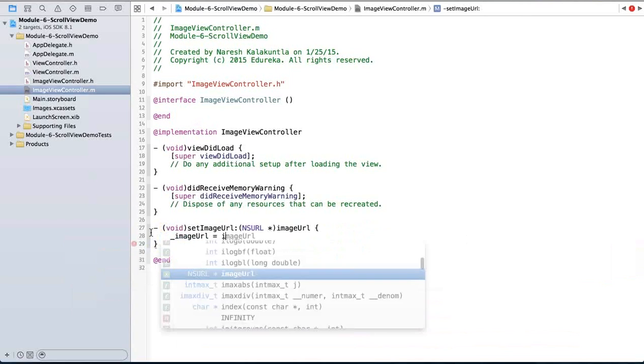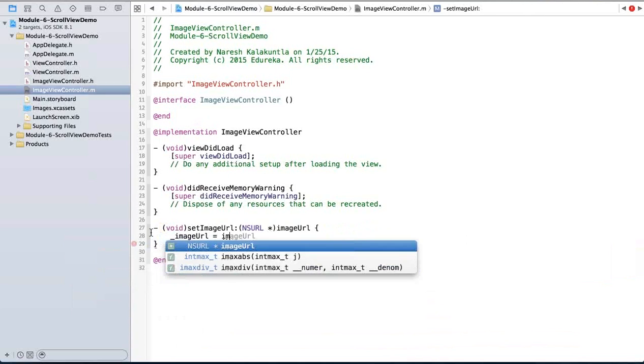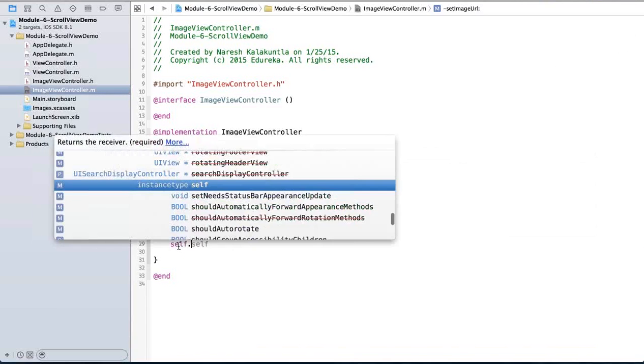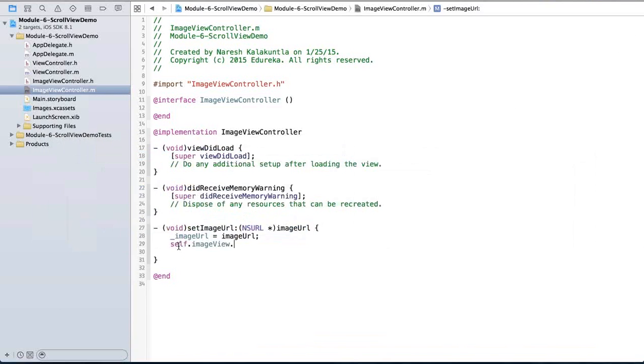So let me set it to the normal variable which I get here. After this, I have to start downloading the image, or let us see what happens if you directly set that image. So I will directly say self.imageView.image is equal to,